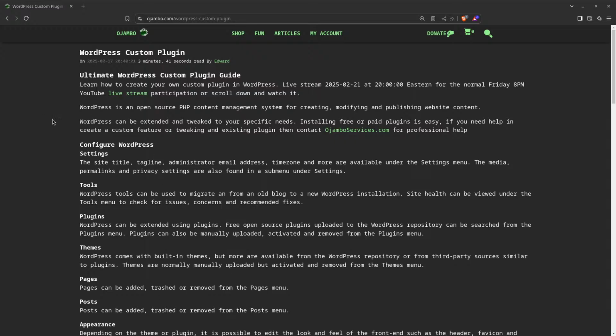Just to go through this again, WordPress is open source. It's a content management system for creating, modifying, and publishing website content. You can extend it or tweak it to your specific needs. You can install free or paid plugins. And if you need a custom feature or tweaking, including even of an existing plugin, you can contact ojamboservices.com for professional